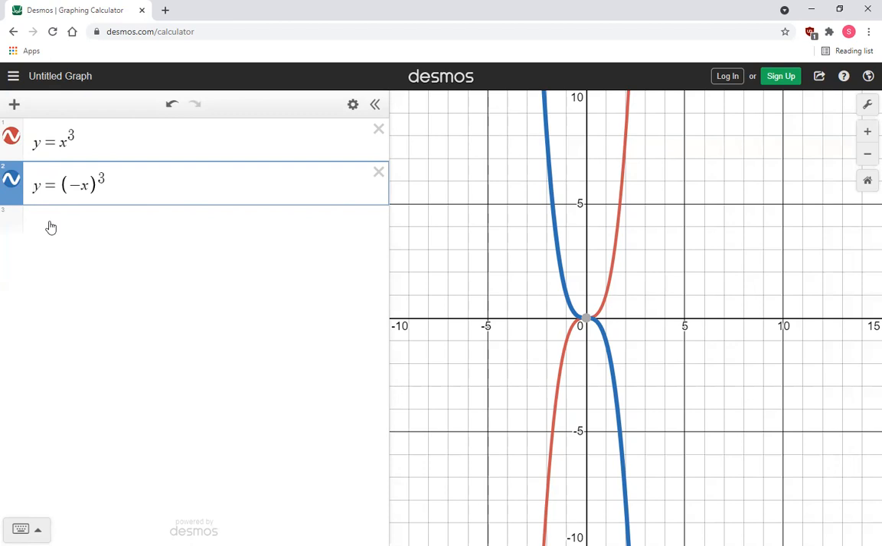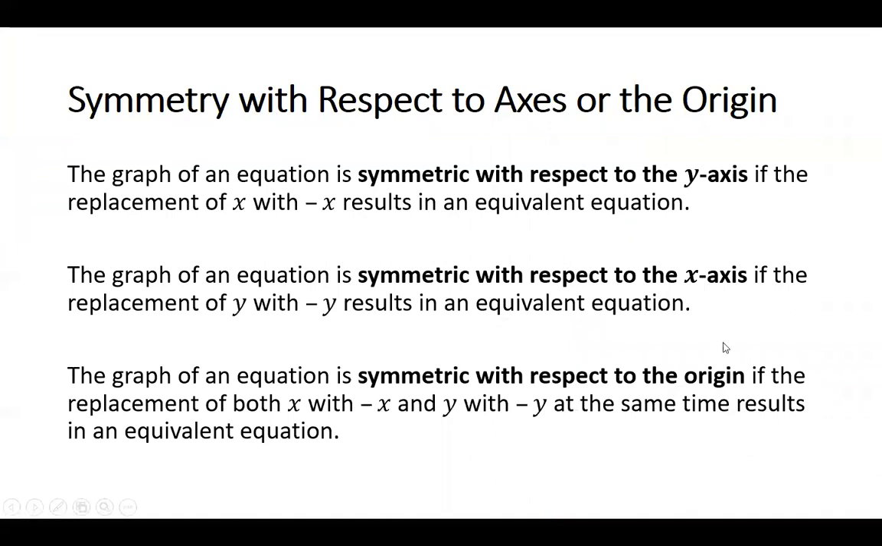But what if I do this? Negative y is equal to negative x cubed. Remember, when it's symmetric with respect to the origin, replacing x with negative x makes the result turn into negative y. So the function x cubed is symmetric with respect to the origin. So we've got symmetric with respect to the y-axis, symmetric with respect to the x-axis, and symmetric with respect to the origin. And you can do this not only by graphing it, but you can just plug in the values